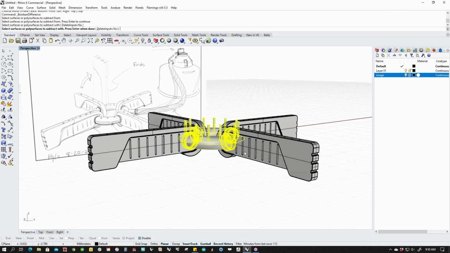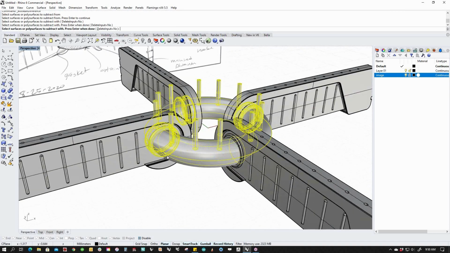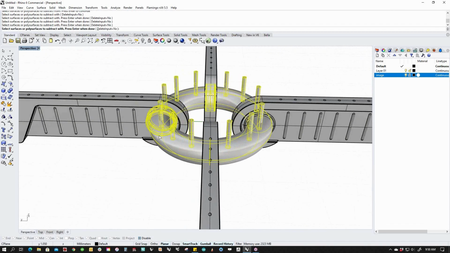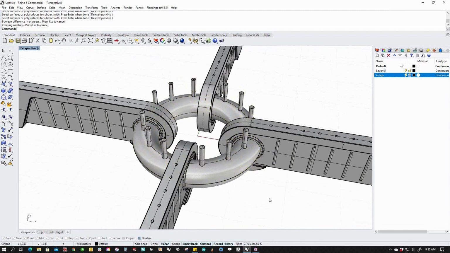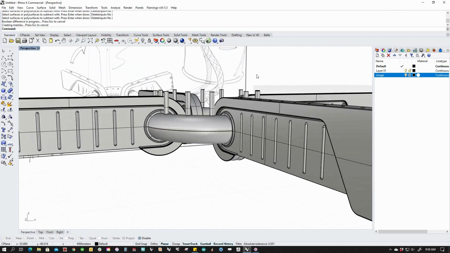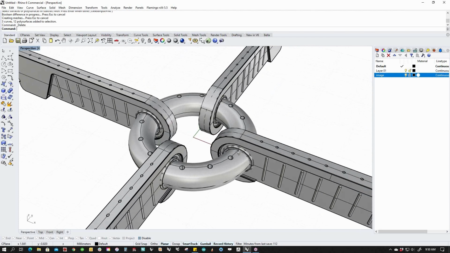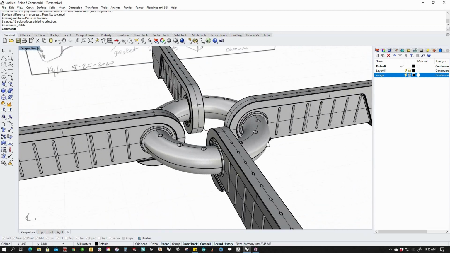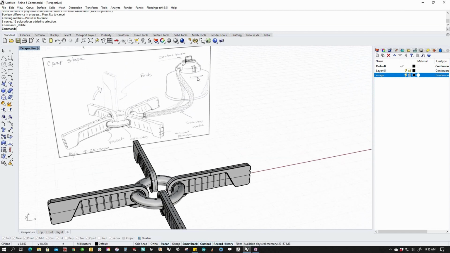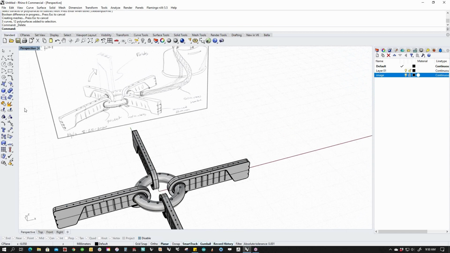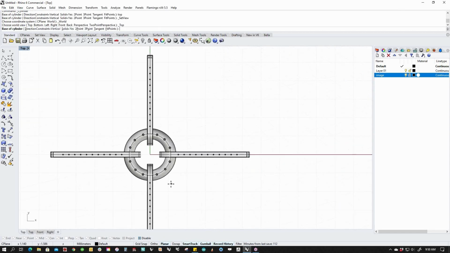All right, so let's grab these pieces. Not these. Control clicking to get rid of those, and then do a subtraction. And then let's grab this stuff again, and I'm just going to delete them. All right, so there's our basic setup. So now we just need to add the details, which is this canister and the little top on this thing and the hose. So to make the hose, I'm going to just do this with a cylinder from top view,